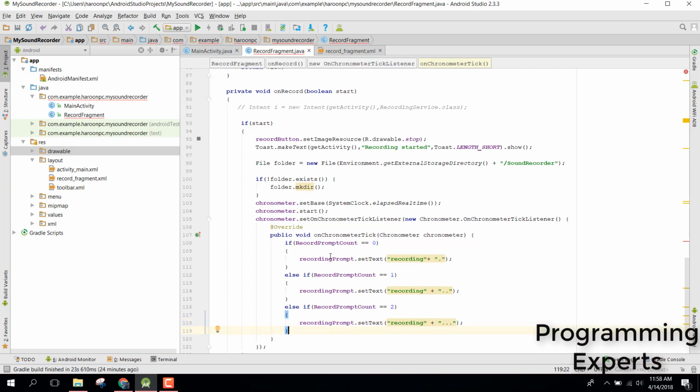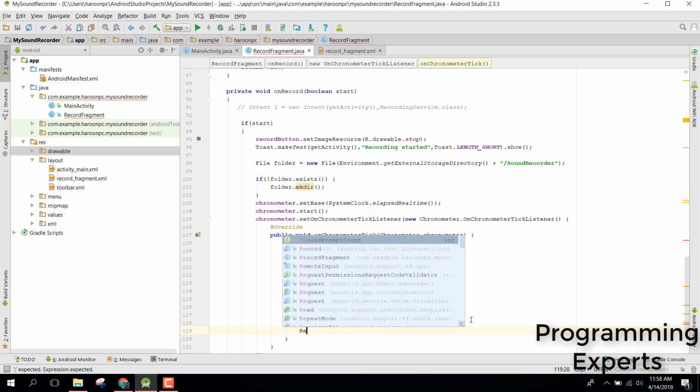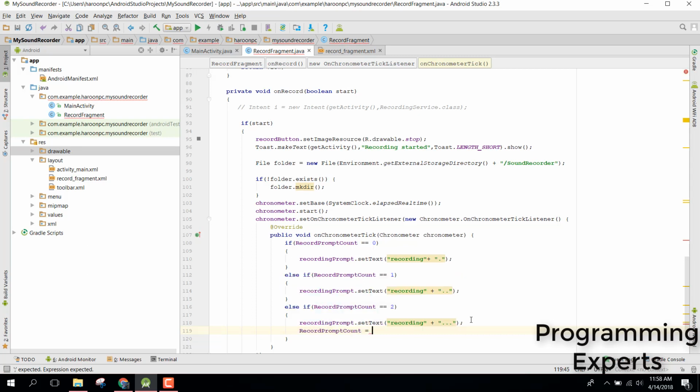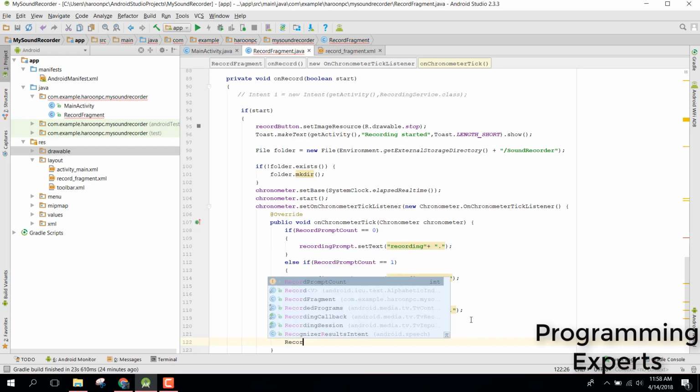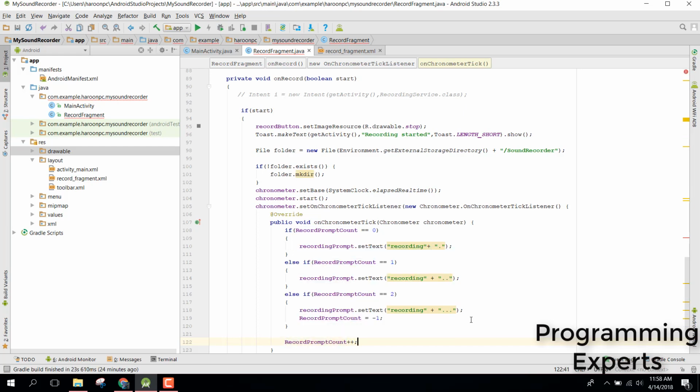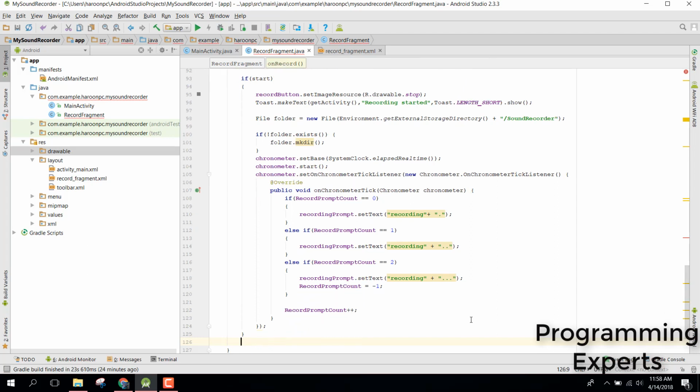equals to 2. Then we can say, and here we will set the record prompt count equals to -1. Alright, and finally we need to say recording prompt count plus plus. Alright,